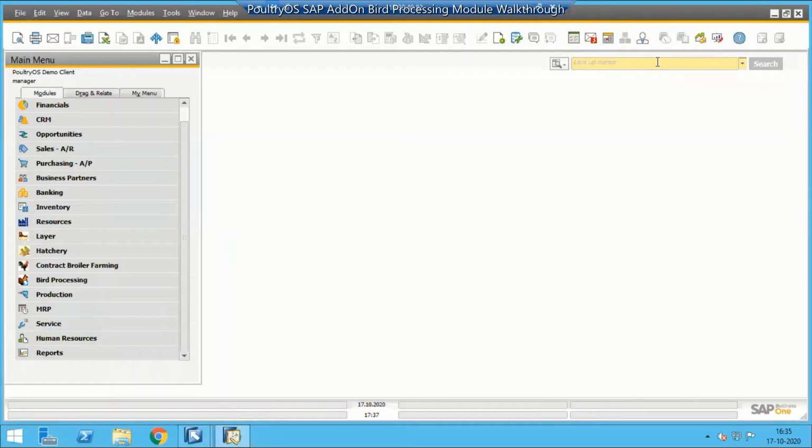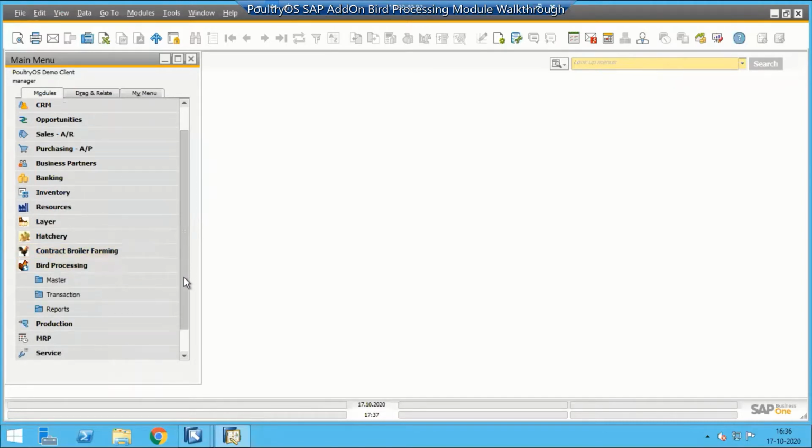Hello everyone. So now we will be looking at the bird processing module. It captures the slaughter and harvesting process, and the input for bird processing will come predominantly from broiler. So broiler birds will be sent for slaughter and then byproducts will be generated. This can also accept birds from breeder and layers, and it can also do bird procurement on a need basis depending